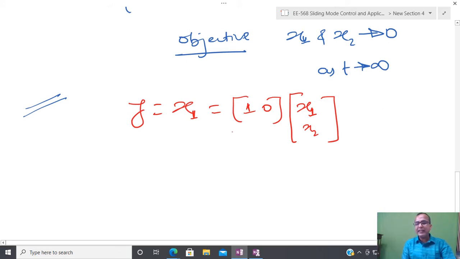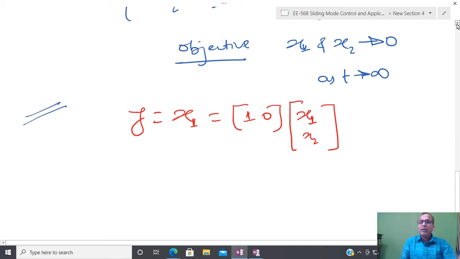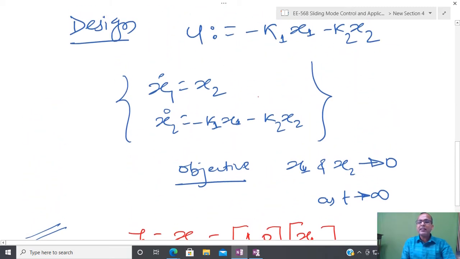Initially I have both states. I have information of all states. It means that I know everything about the system. Now I have to design the control, state feedback control. And most of the time, if all information is available, then one can design the control. That is guaranteed. There are several different methodologies: either you can choose a proportional controller, PI controller, PID controller, sliding mode controller, optimal controller, or adaptive controller.